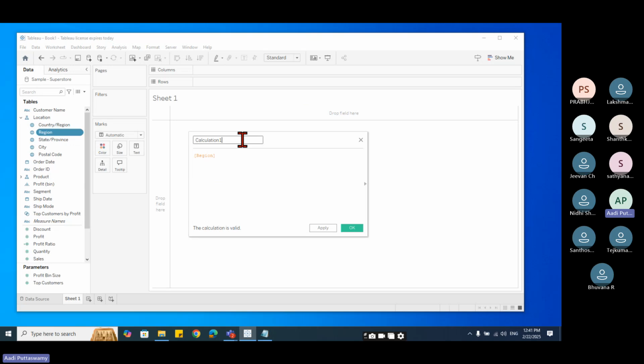You can see it says calculation 1, and here it gives me the column name with a square bracket. And here I have something called apply, OK, and this is the message or the status whether the formula I've written is right or wrong. It gives a suggestion. Apart from this, there is one small arrow here. If I click on this,